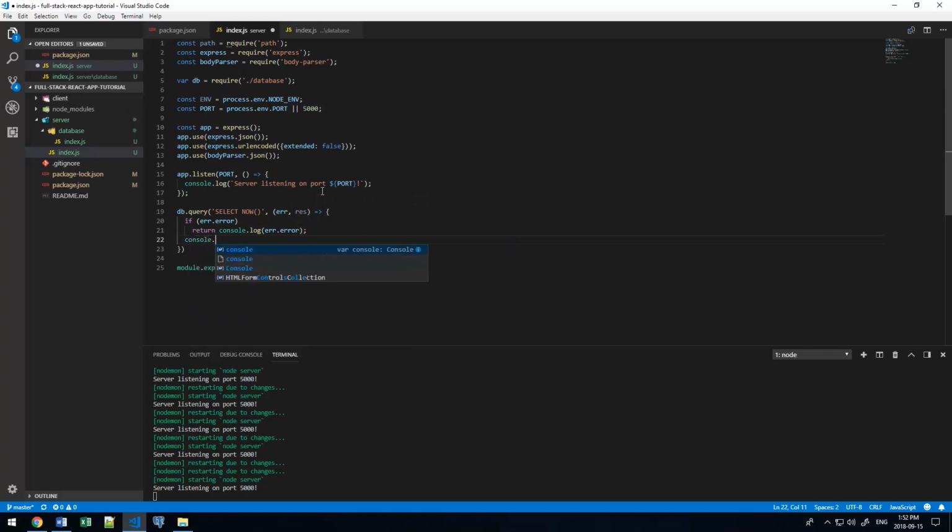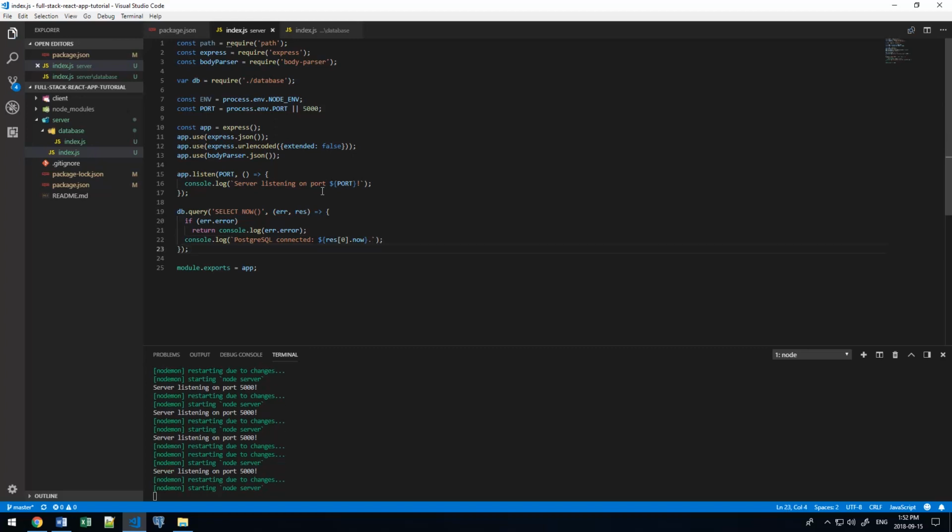And if not, we just want to console log, say PostgreSQL is connected, and we take the first row of the rows that are returned to us, and we select the now column, and that'll be our timestamp. Just put a period after that,